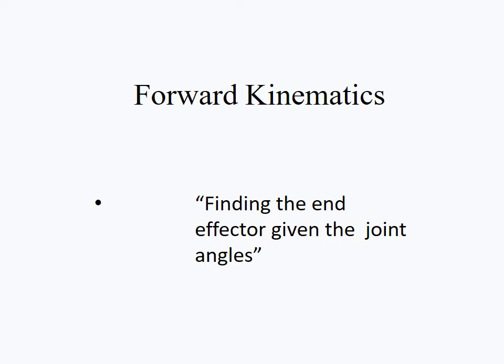First, forward kinematics. So, what is forward kinematics? In robotics, we have different links and joints. For finding the end effector position and orientation, we need to define the joint angles, because each joint has a different angle, theta 1, theta 2, like that. If the end effector is at a particular position, for example 1, 2, 3 in xy direction, we have to define the joint angles. That is what we are going to analyze, and that is forward kinematics: finding the end effector position given the joint angles.